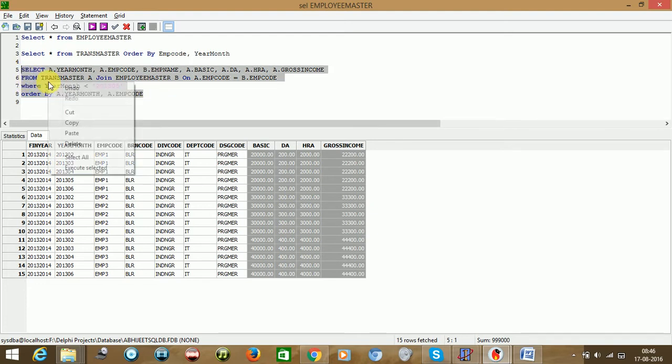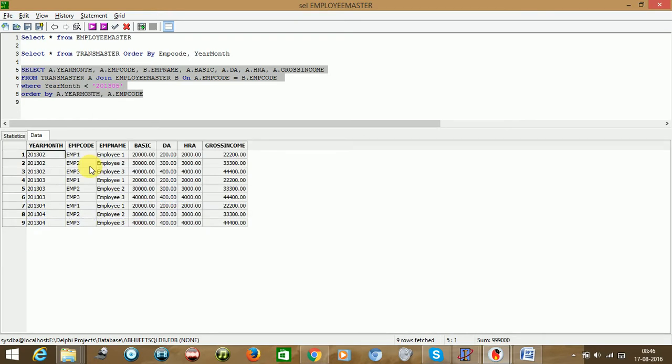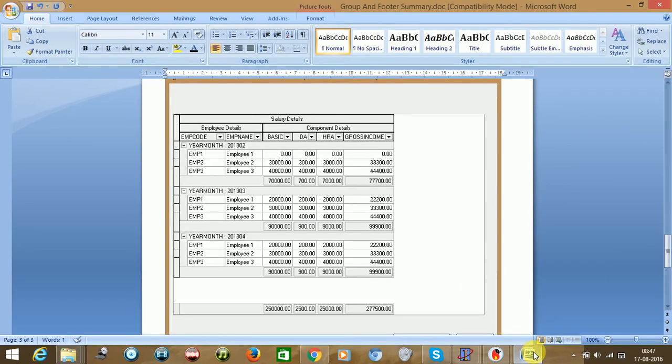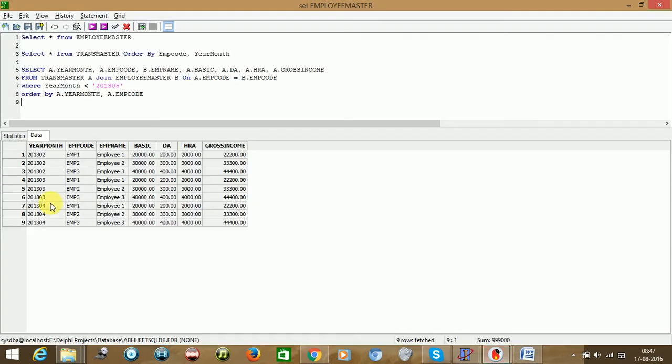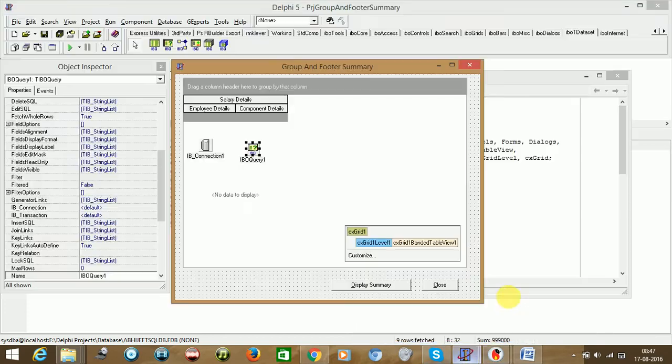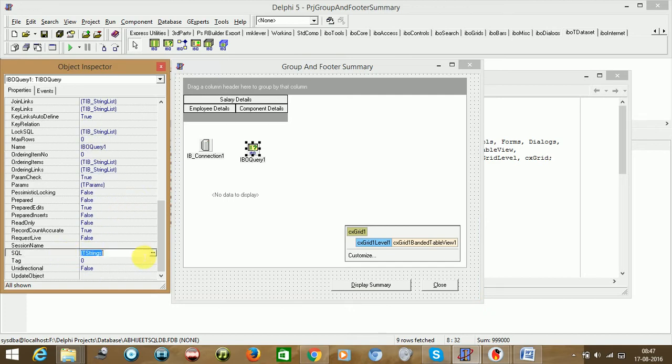Now if you right click and say execute selected, you see this data exactly as in the Word file also. You can see 9 records in total. We will copy this SQL and put it in our query component's SQL property.